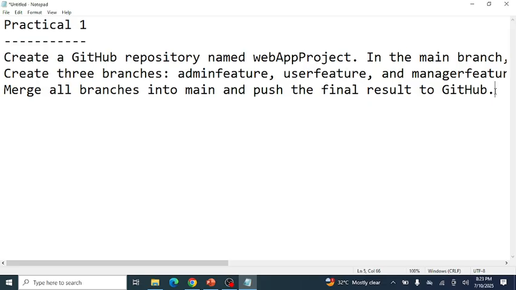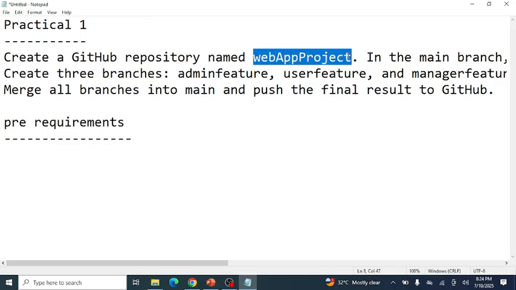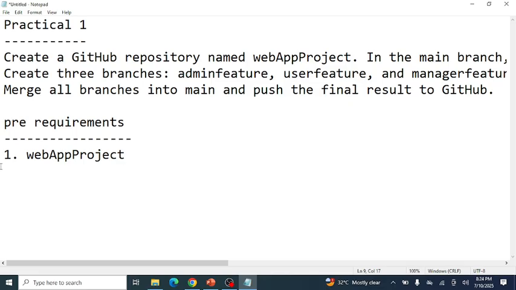To complete this practical 1, as usual, first of all we need to set pre-requirements. What are the pre-requirements here? First of all, we need the web app project,